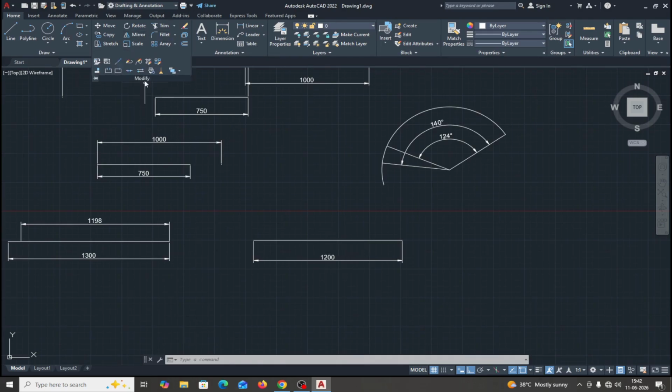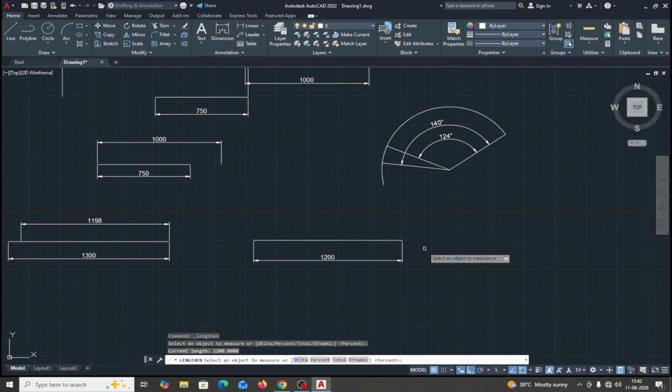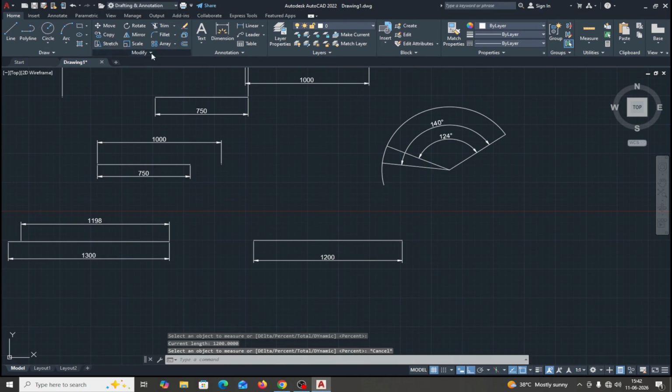Modify, this lengthen command, select this one, select an object. First select the option, modify, lengthen. Suppose percent, you want to decrease the length. Suppose I want to decrease 20%. Enter, select this. Now 20% will be reduced of this value. Select this one. Undo,